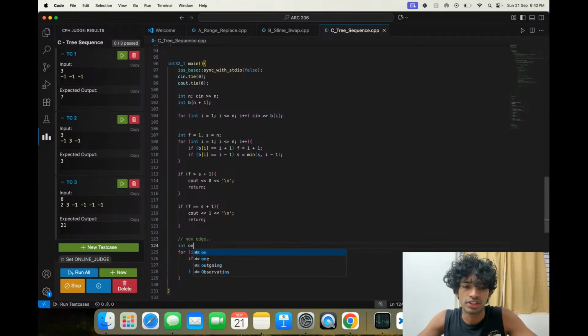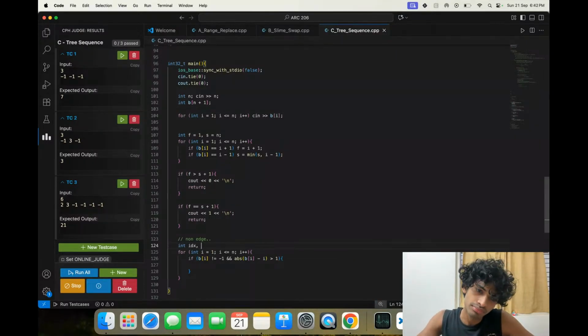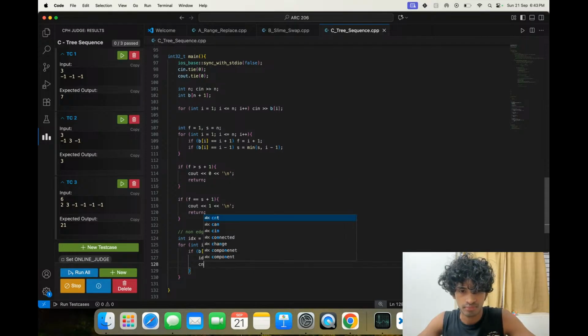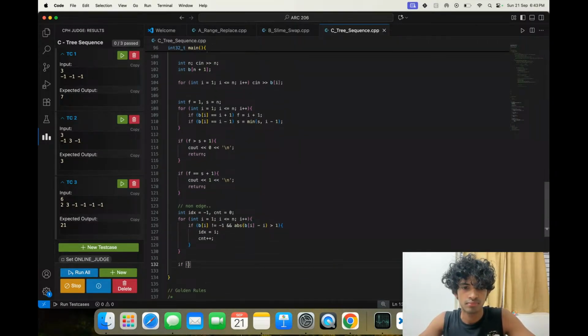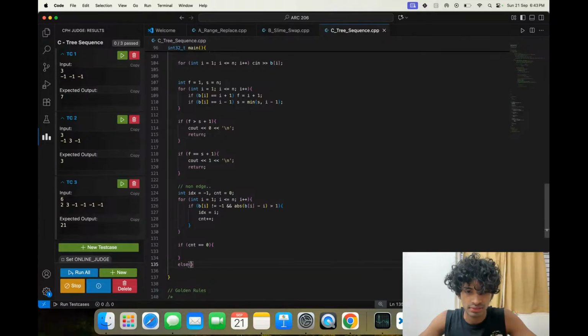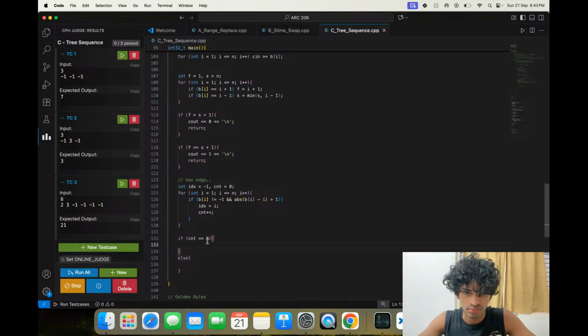There can only be one non-edge. idx, comma, if count equals 0, else if count greater than 1, cout 0, endl, and then we are done.